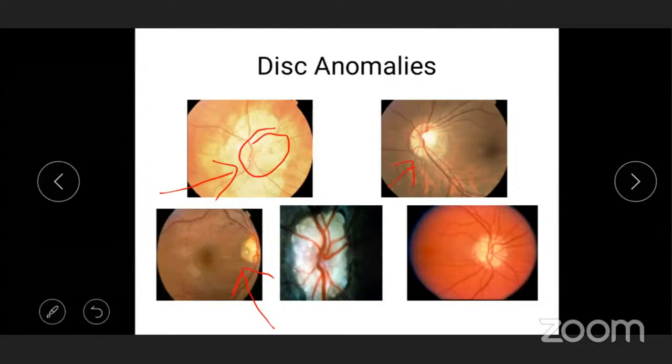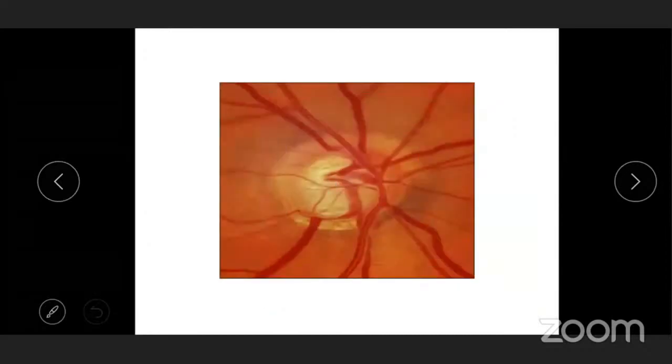But the inferior rim is still thick, the superior rim is still thick, it's still maintained. So if you keep that rule in mind that inferior is affected most, then you know this temporal was affected. You have to think of something else. It could still be glaucoma, but think of something else. If you look at it carefully, this was an optic pit. So if you keep that sequence in mind, and this was a sequence.